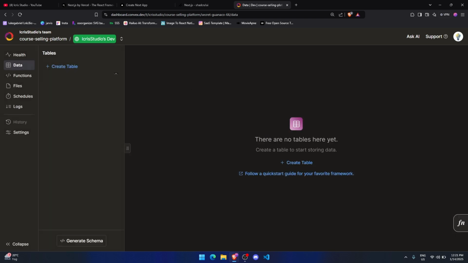All right, there we go. Now we have our database right over here. So you can create a table from this button, but we're going to use a schema and we're going to create that programmatically. Okay. So now what you need to do is you need to go towards